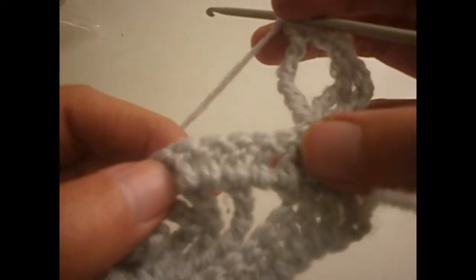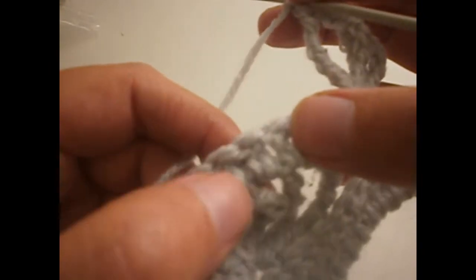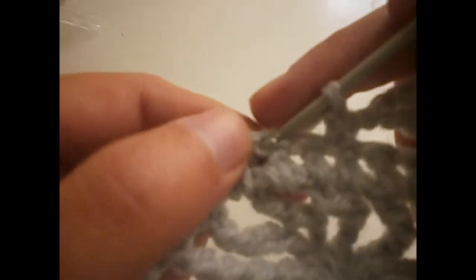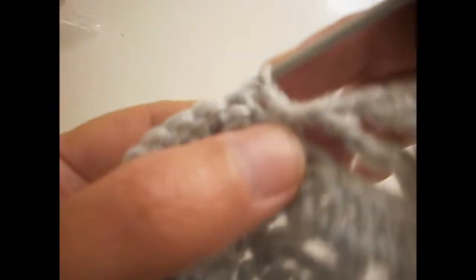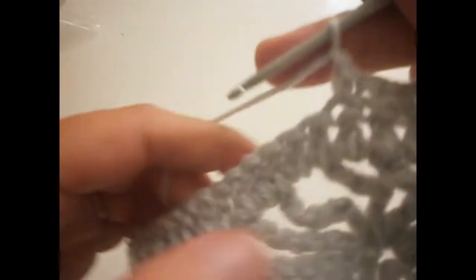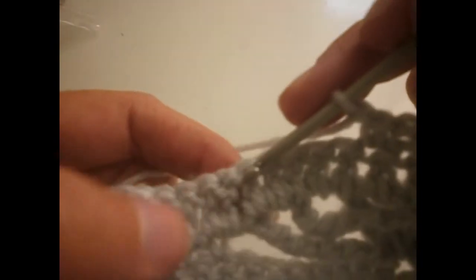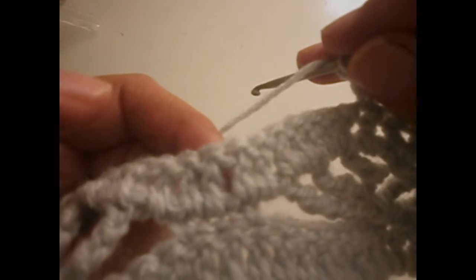Another chain. Now we're going to skip again 6. 1, 2, 3, 4, 5, 6. We make a single crochet in the next one, a chain. We skip a treble and another single crochet in the other one. Another chain. We're going to skip again 6. 1, 2, 3, 4, 5, 6. And then the 7th one,